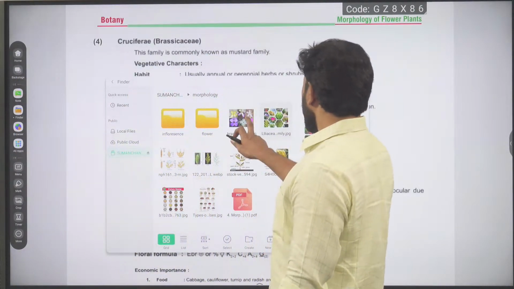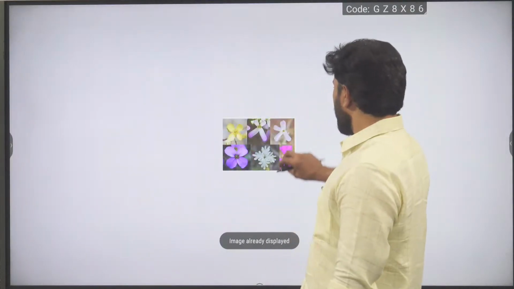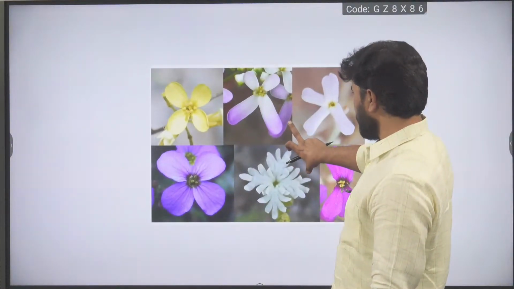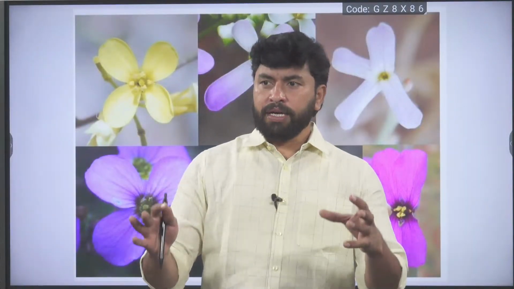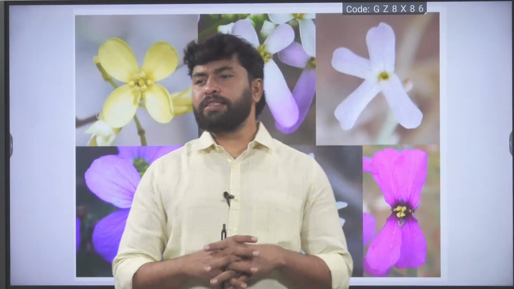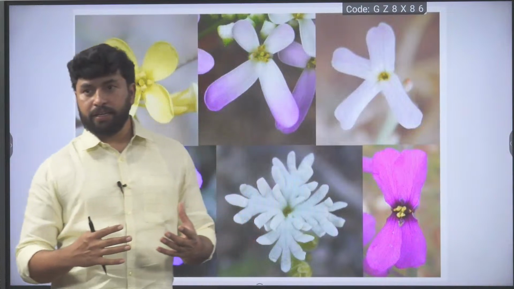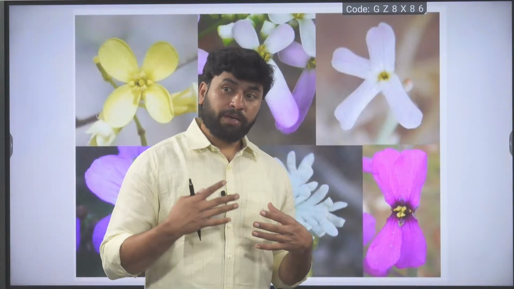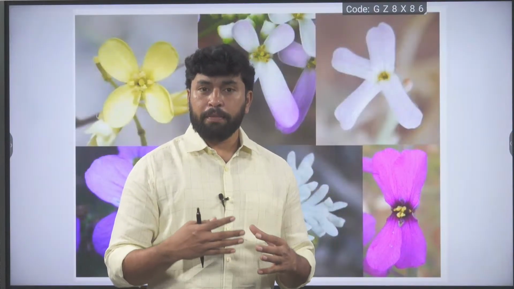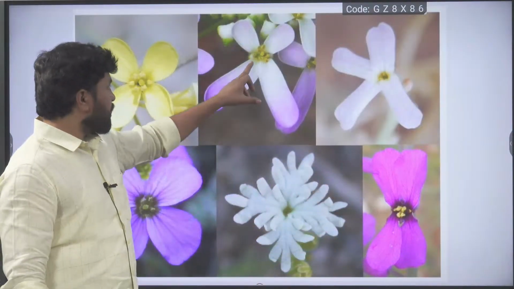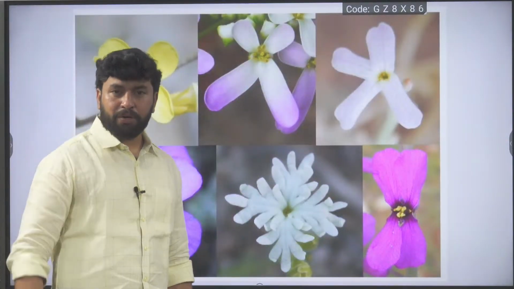Cruce means cross-shaped petals. You see this corolla. These are all members of the family Brassicaceae or Cruciferaceae. Because of the cross-shaped corolla, these members are called Cruciferaceae. Do you remember earlier? Because of the butterfly-shaped corolla, Leguminaceae are also called Papilionoideae or Papilionaceae. Now here, because of the presence of the cross-shaped corolla, they are called Cruciferaceae, which is commonly known as